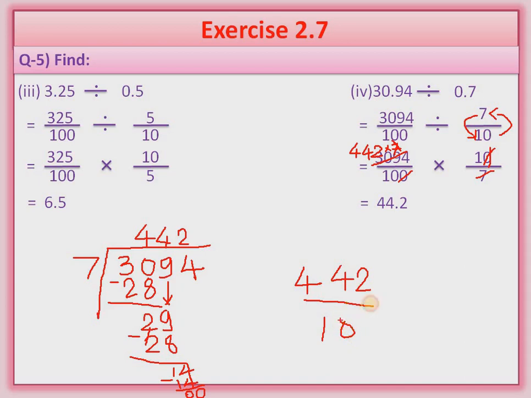So what we have written here, because we are going to put a decimal point. So 442, we will start from here, right to left, so we will put the point here. Understood what I am telling you? Clear? The answer is 44.2. So beta, this is your answer.